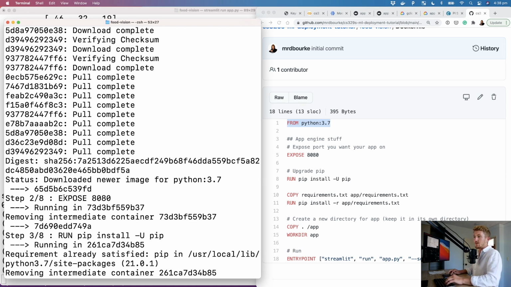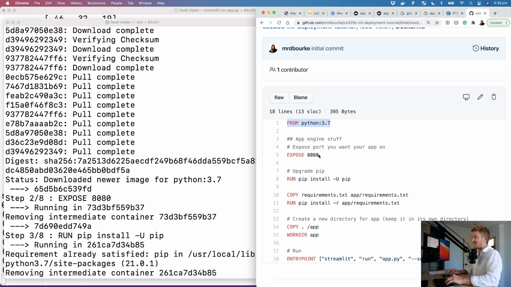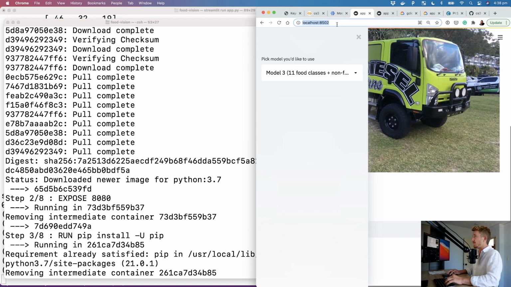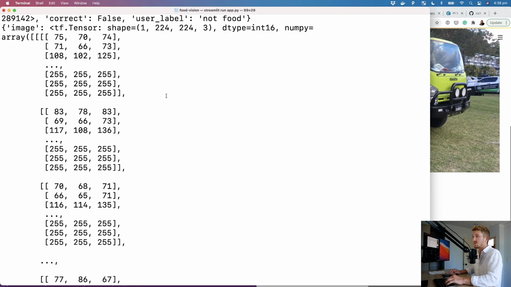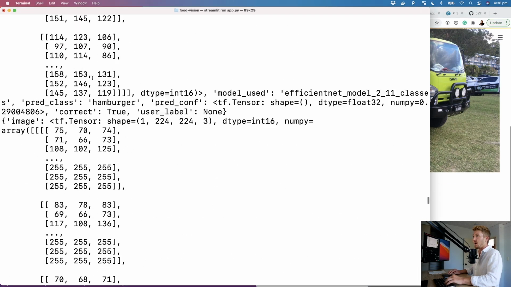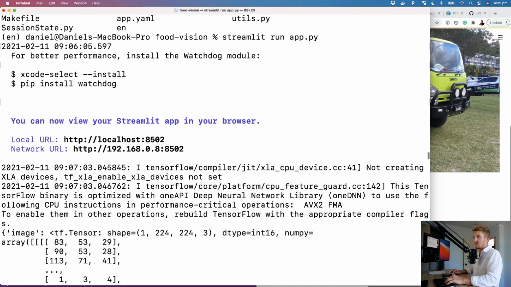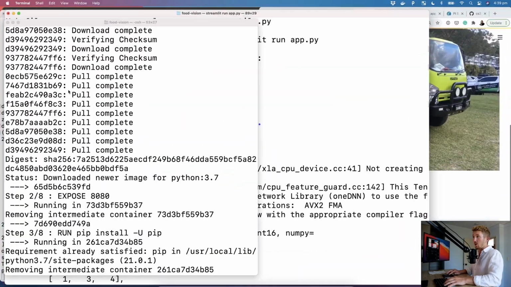Step number 2 is expose port 8080. Where have we seen a port? So our Streamlit application is a web application. And you see here it's running on localhost 8502. We can also see that in our Streamlit run. So this is using it on localhost 8502. If we go back to terminal,